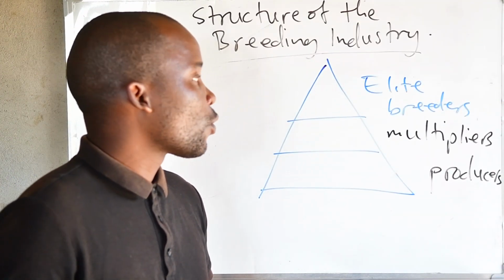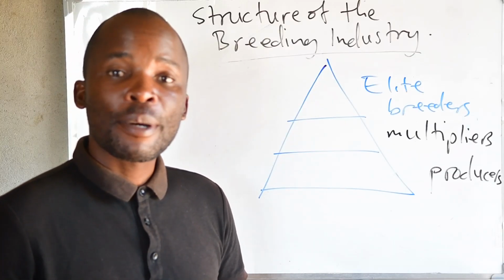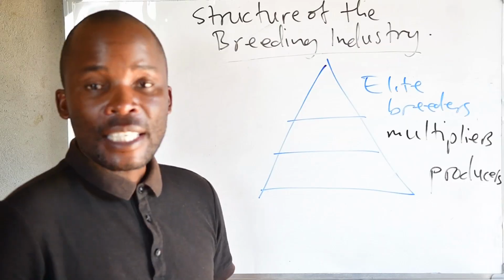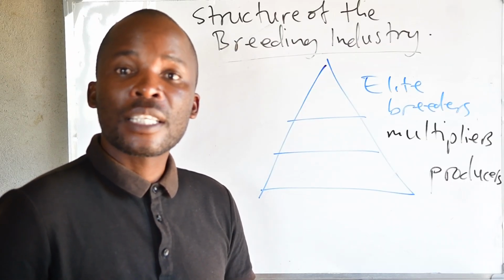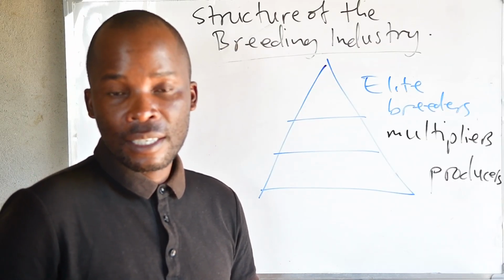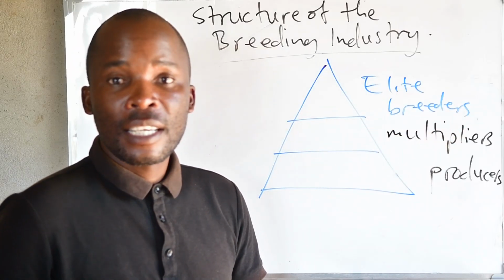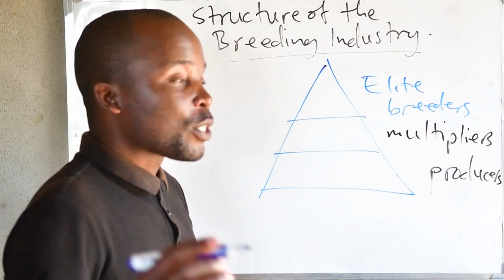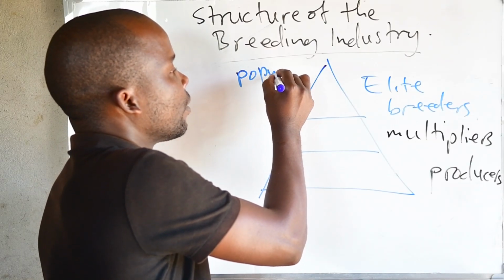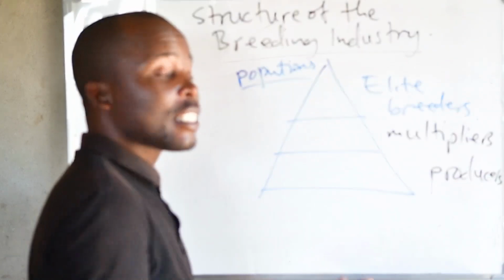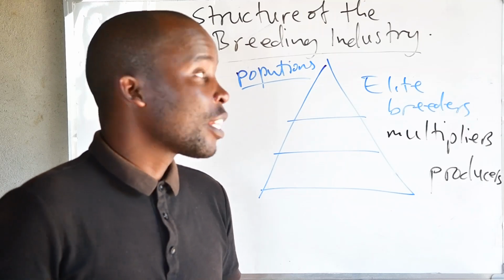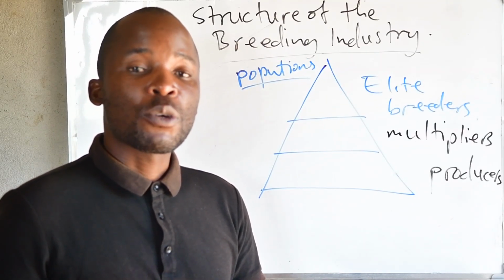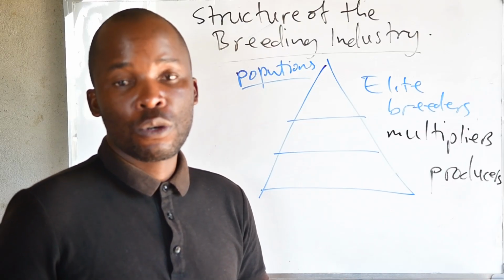Now, what is the role of elite breeders? Who occupies the elite breeder column? Elite breeders, these are guys who are producing a lot of pure breeds. When they produce the pure breeds, they have done a lot of work. So what they do, they have got their population. Let's just say in the poultry industry, they've got a population of birds, a certain type of birds. If I'm going to give an example, let's say the black australorp.